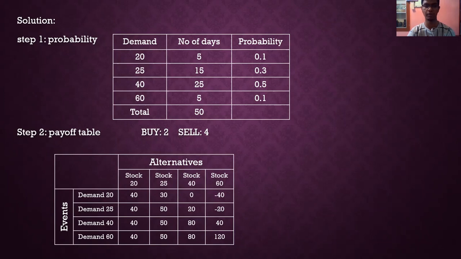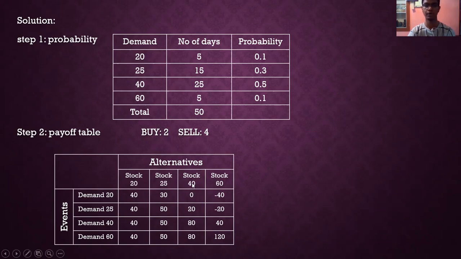So the 5 remaining will be the loss, and we are able to only sell the 20. By selling the 20 with a profit of 2 for each unit, 20 into 2 will give us 40, right? So that 40 we are writing here, and the remaining is 5. The loss is also 2 for each unit, so 5 into 2 is 10. So we have a profit of 40 and a loss of 10. The 10 we are subtracting from our profit, so the final answer will be 30. We got a profit. Like that we have to do it for each row.